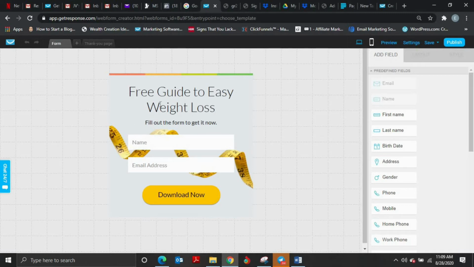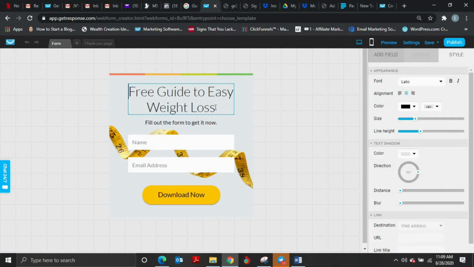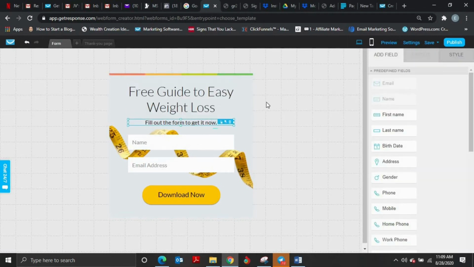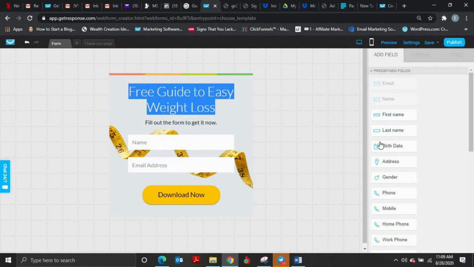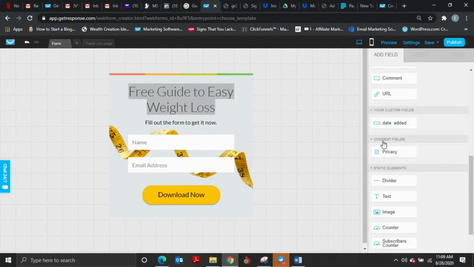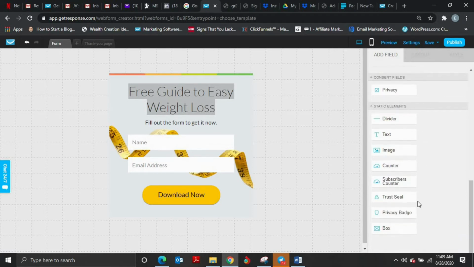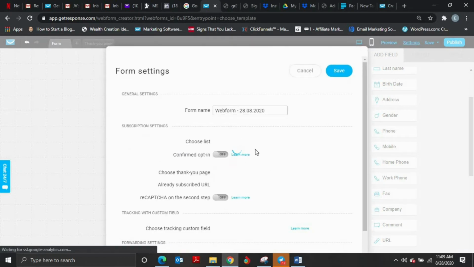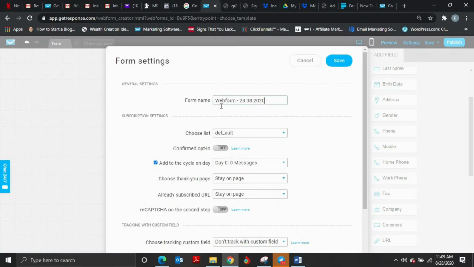Now, this is the form. You have your name section, the email address, you have your write-up. You can edit it, you can call it whatever you want, you can change the form, you can change the text, you can add other fields depending on your preferences. You can insert your consent fields. You can basically do everything you need to do with your editor. You can delete fields, you can do everything. But while setting this up, another thing you shouldn't forget is go to settings and then name the form